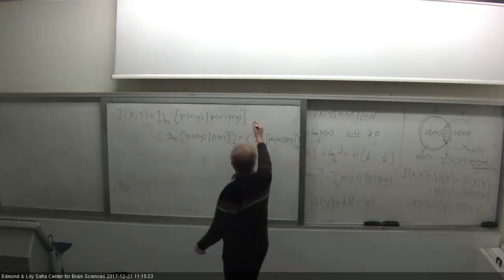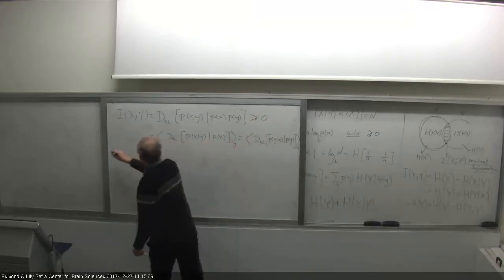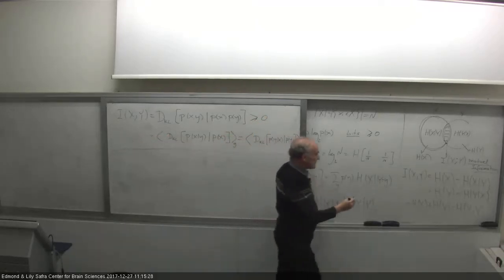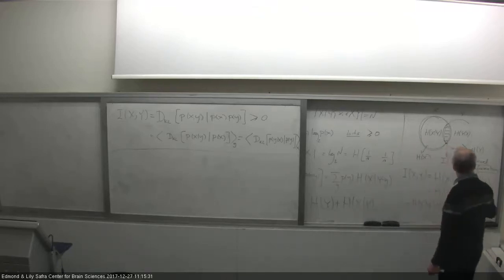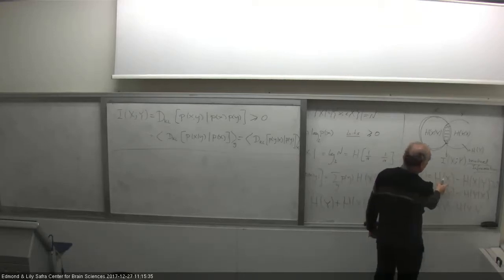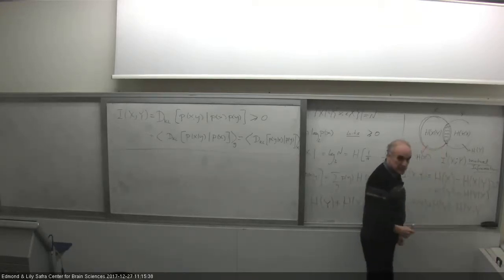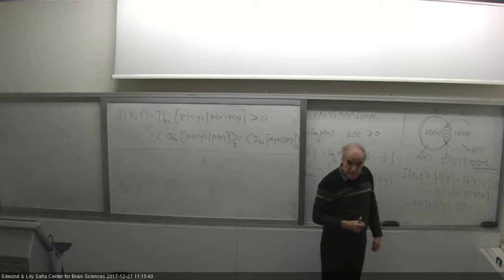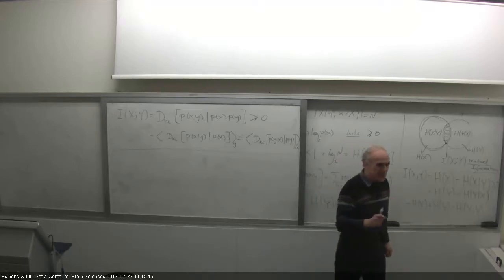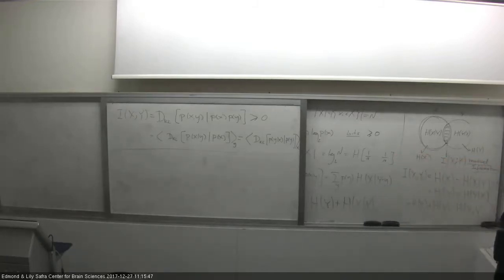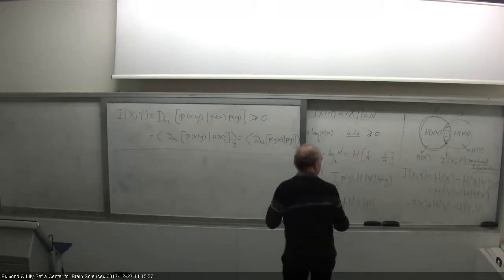Okay, so this is of course a non-negative quantity, which tells us something important. So since this is non-negative, it means that H(X) is always greater or equal to H(X|Y), which is what we usually say in information theory. We call it conditioning reduces entropy. So whatever you condition on, you cannot increase your entropy, only reduce it. Okay? But then I extended it further,